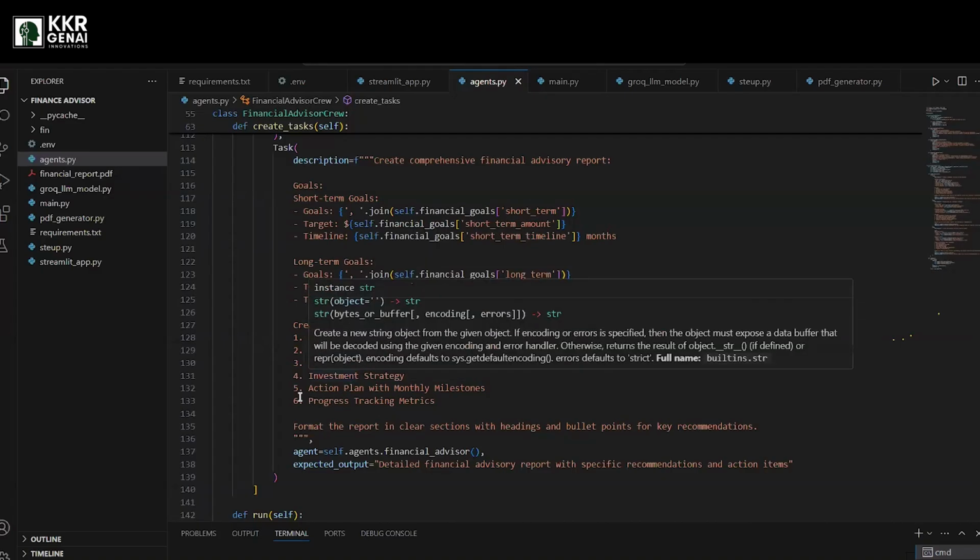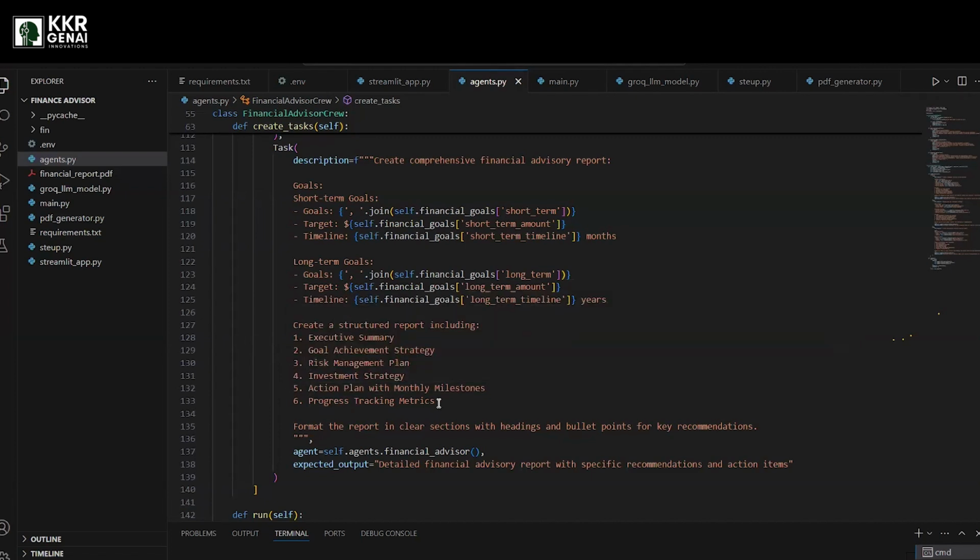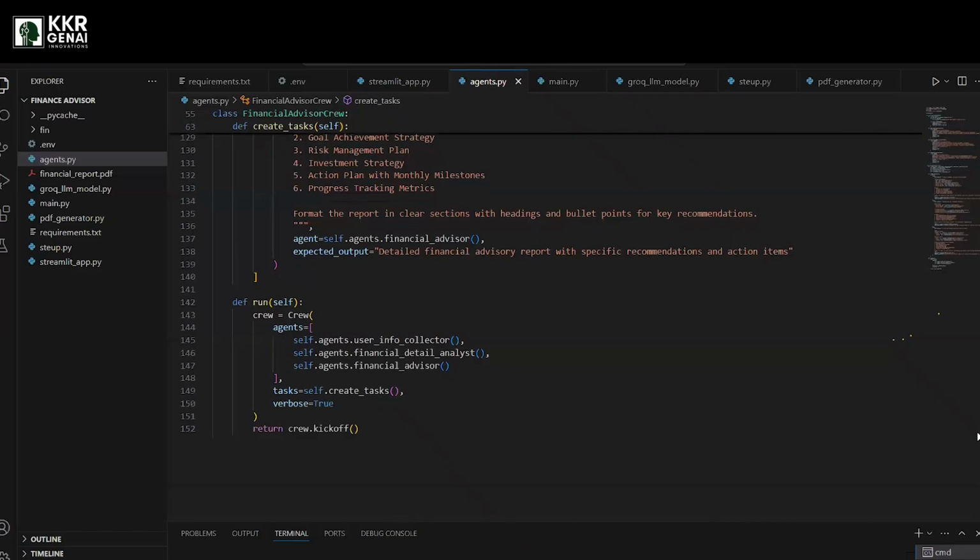So based on all these things, all our agents will work based on the prompts that are well structured by us, and they will give us a clear output on which the user can depend. And finally, I'm assigning all the agents, and I'm using the crew.kickoff. With this command, we can tell our agents to start working on the tasks that are assigned to them.